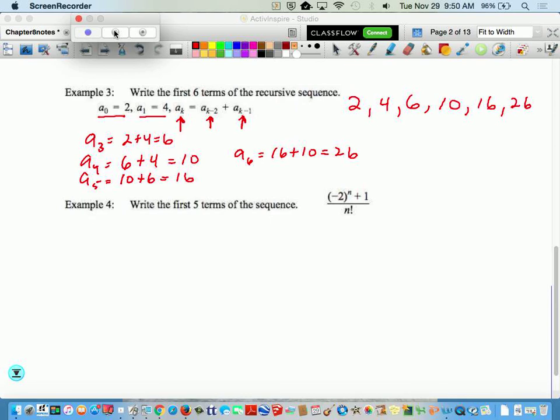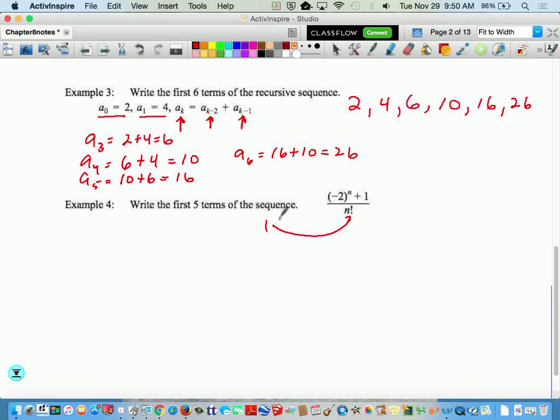All right, so here we're just going to plug in a 1, a 2, a 3, a 4, and a 5 everywhere we see an n. So you take your 1 and you're going to plug it in for the factorial and you're going to plug it in for the n. So we have to be careful. There's a negative number being raised to a power, and what is n factorial? So the first term,